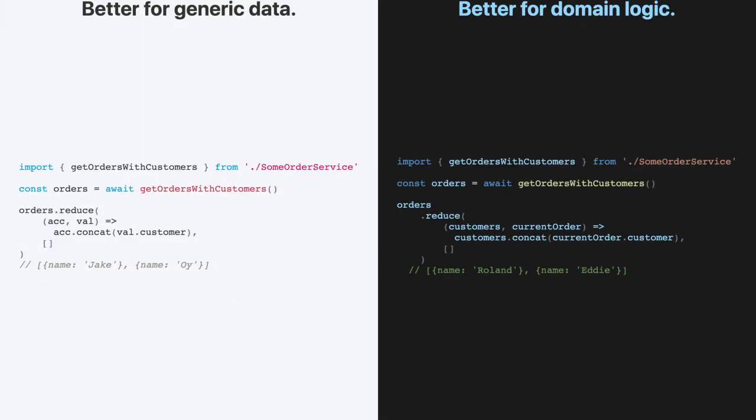In both examples here, we're going to fold a list of orders into a list of customer objects. So each order will have a customer attached. On the left-hand side, we've named our accumulator and current item acc and val, but it really doesn't tell you much about the expected output or what the underlying elements in the array are. So this would be better for writing functions like a flatten function, where it doesn't matter what the underlying